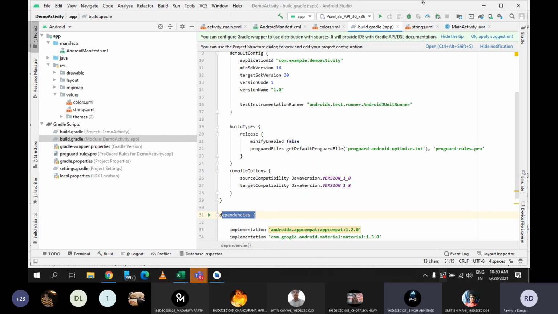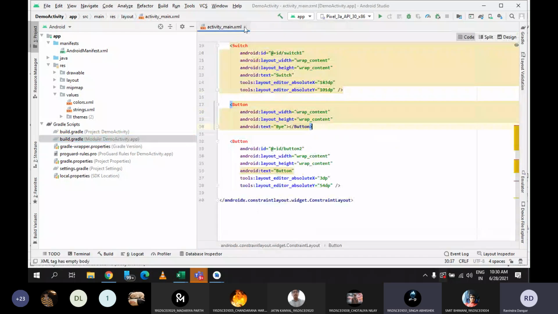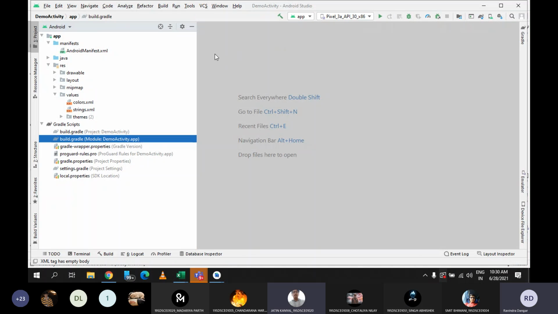What was the full form of XML, sir? Extensible markup language. Should I write? No sir, I remembered. Okay. XML stands for extensible markup language. Yeah, so regarding this project explorer, regarding this Android Studio, if you have any doubts, then tell me. No sir. Okay, then I am done with this part.